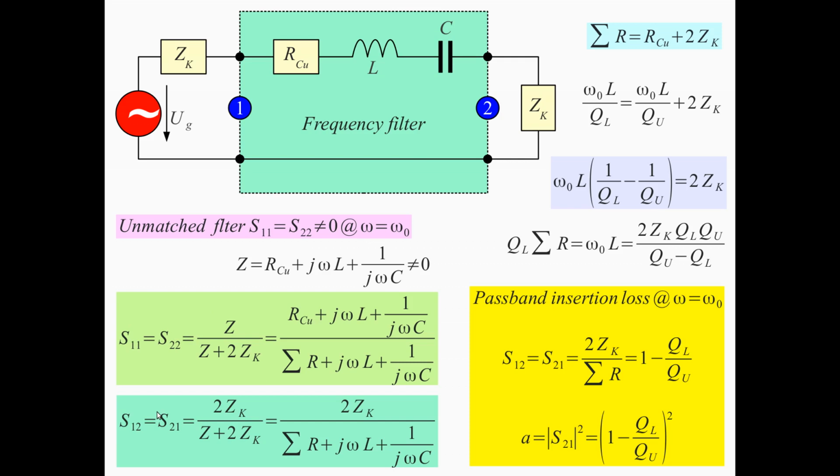We can calculate both quantities mathematically here. And now, in the transmission coefficient, we have some insertion loss even at the resonance frequency, when this equals 0. There is still some